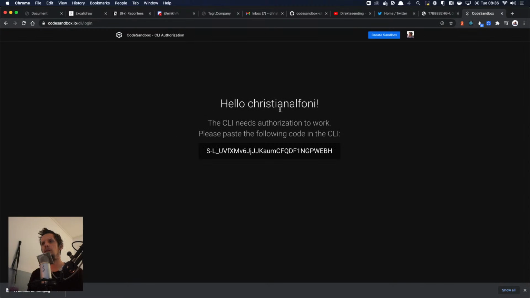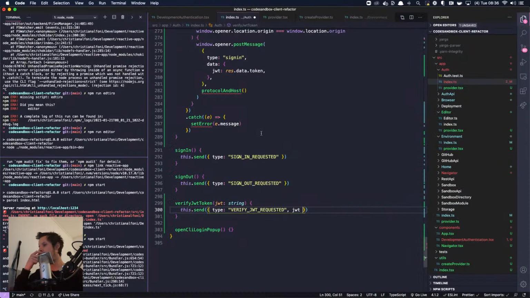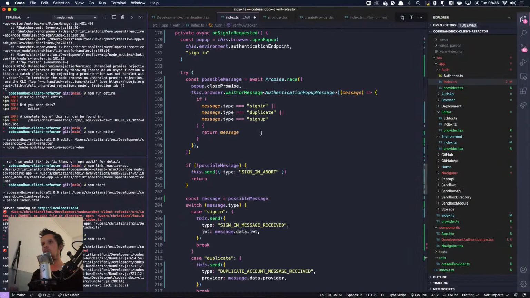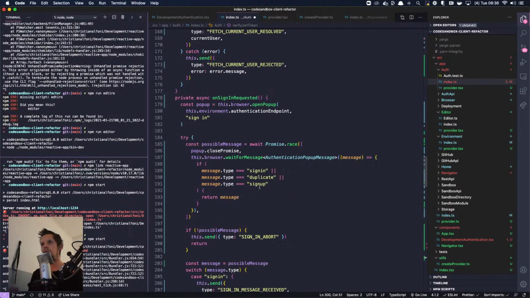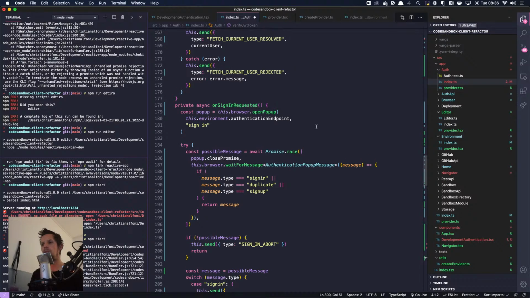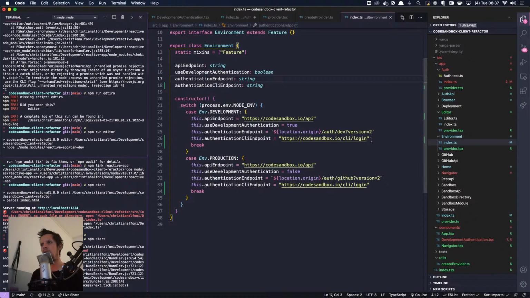Is this the URL? Yeah, then I actually get the token. Oh, sorry, that was the wrong one. What is the authentication endpoint? Yeah, it's CLI login. Okay, so then I would just already have the